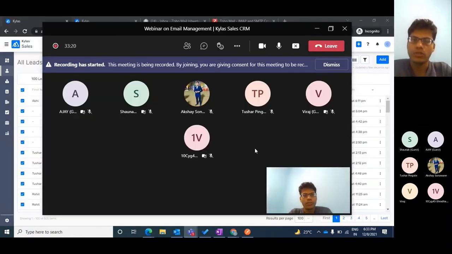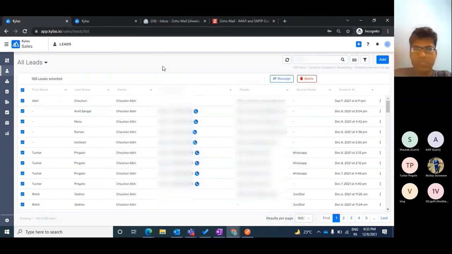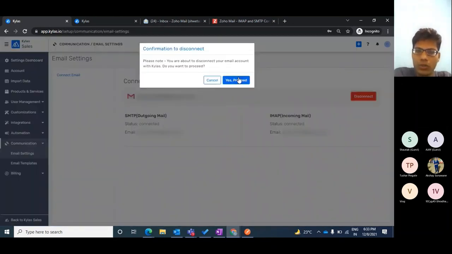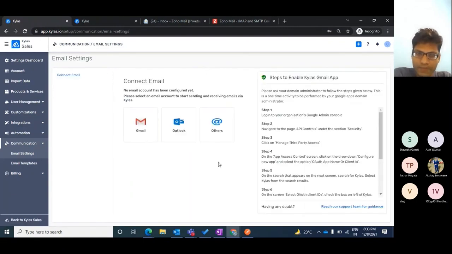Then I hope the concept of email management and email templates is pretty much clear to everyone. Just to summarize, as a feature, what we are able to do in Kailas is connect our Google, Outlook, or any other email service provider, and send and receive emails through that email ID, as well as create email templates and send emails via those templates. Right, this is essentially the email management feature in Kailas, and that is very much useful. As we know, email is a very prominent way of communicating with customers, right? So that enables us for this type of communication.